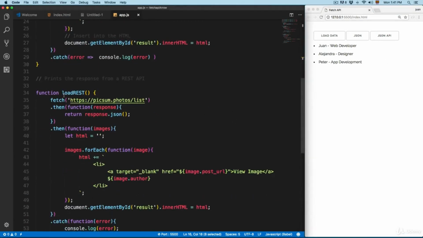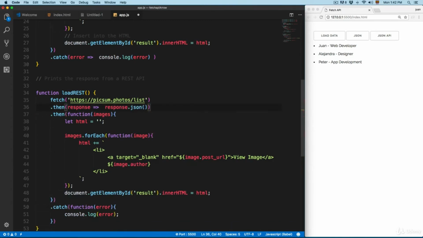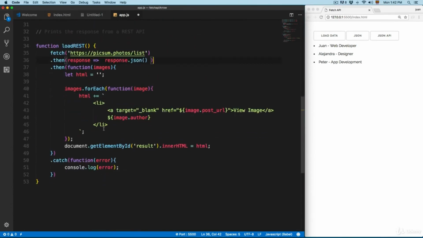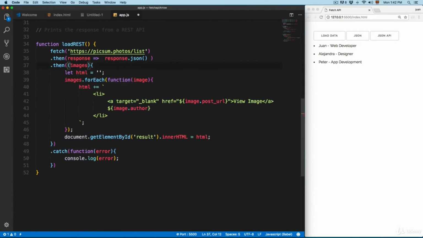Finally, the last one is going to be this load rest. Again, we can remove this function, add the arrow function, remove these parentheses, remove this brace, remove this return, put everything in one line, remove the semicolon, remove this brace, and it's going to be like this. Again, we have the same problem in the last one. This is more than one line, so we're going to remove the function and remove the parentheses,